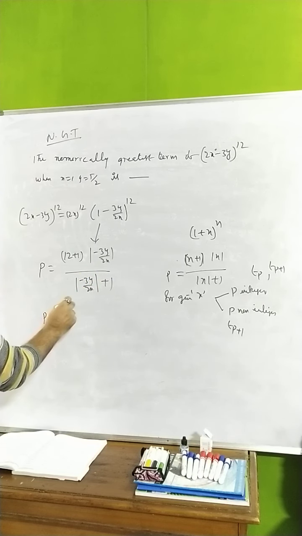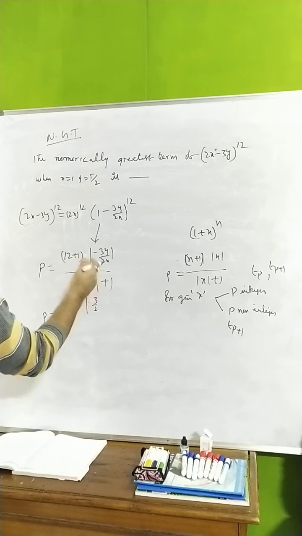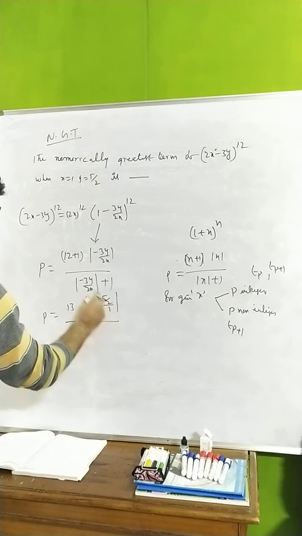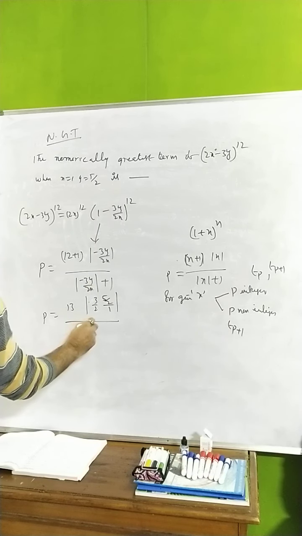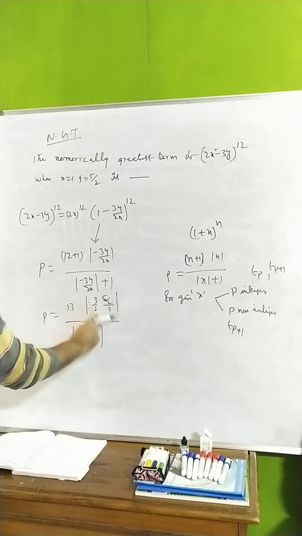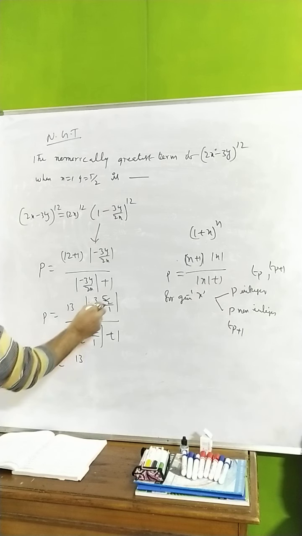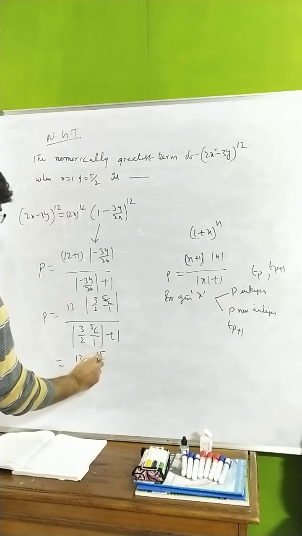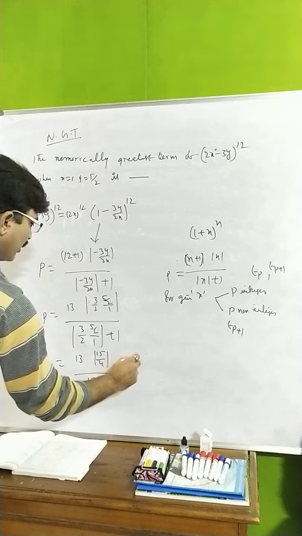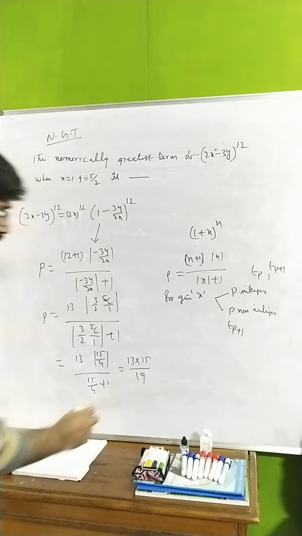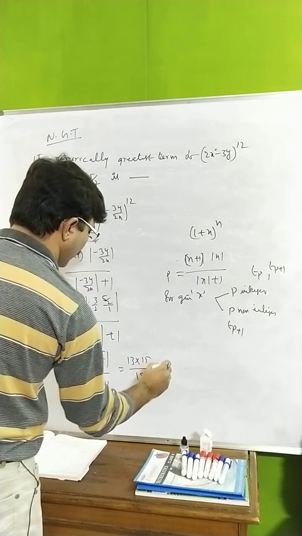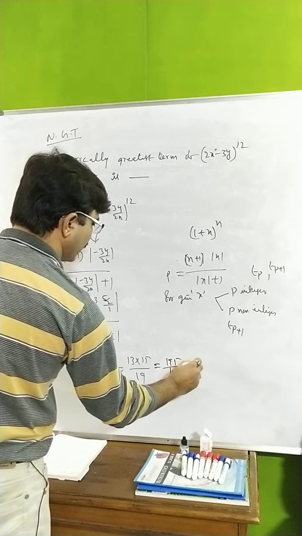I just want to substitute the given values: 13 minus 3 by 2, the mod is there, you can leave it, y is 5 by 2, x is 1, no need to worry about this one. You see here 3 by 2, 5 by 2, 1 we have here, plus 1. Sorry, here we have to write plus 1. Now what we have here, 13. You see this one, 15 by 4 we got it, and now in the denominator also 15 by 4 plus 1. So 13 into 15 divided by 19, we got it like this, and we have to simplify. This is nothing but 195 by 19, something like 10.2.